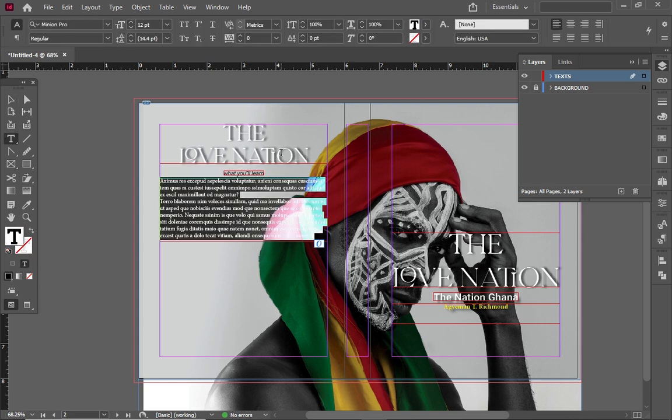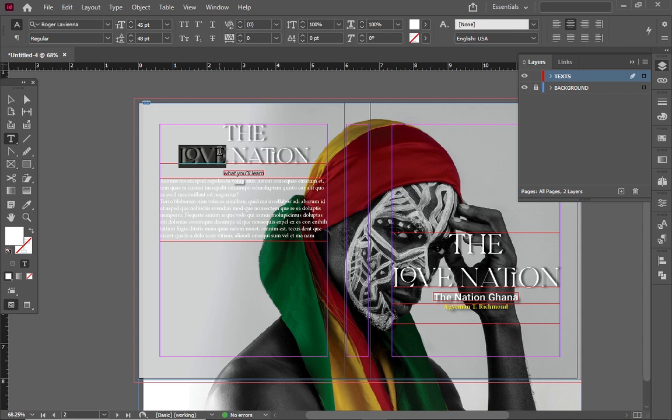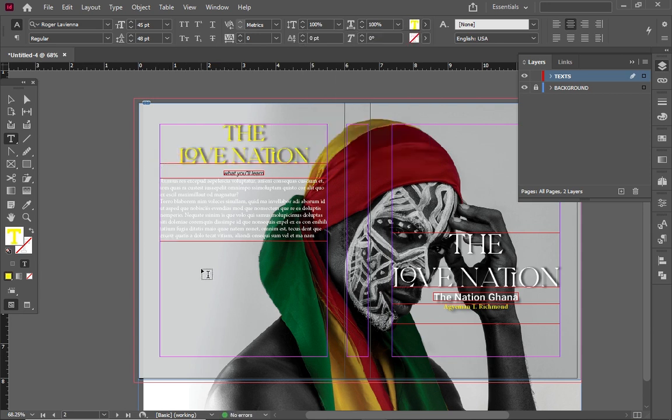change the color to white. You can also change the color of this to, let's pick yellow for it. Now